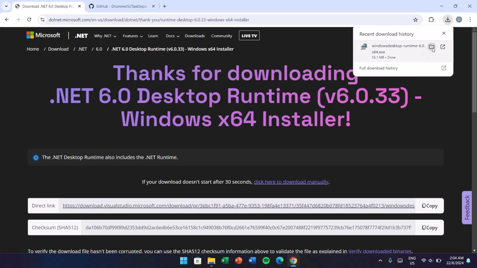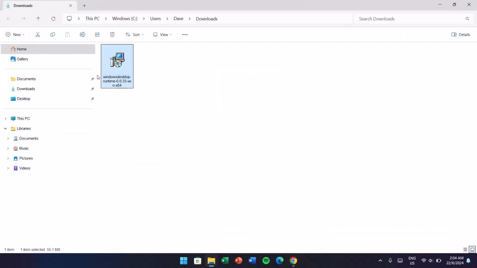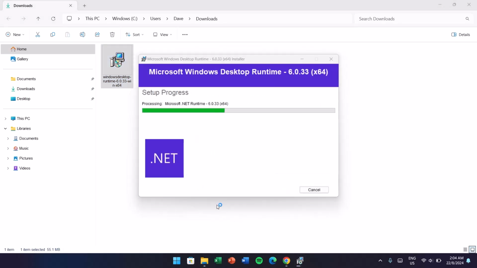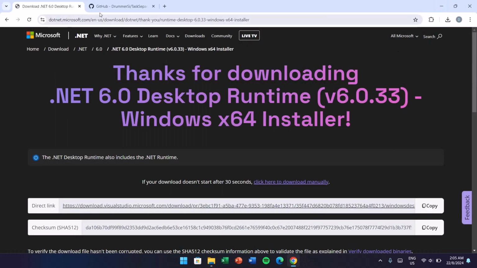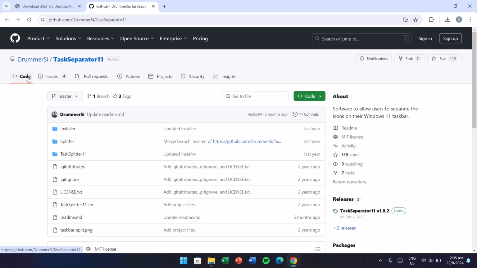So right now, we head on to the file location, and we're just going to install this. All right, just double click on that, click on install, go ahead and close it. That's it about that. We're going to head on to the next one here, and we're going to download this